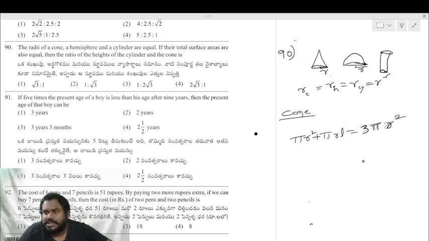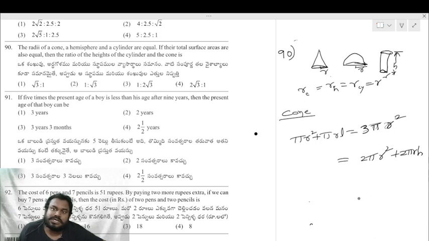And for cylinder it is 2 pi r square, bottom and top circle, plus 2 pi r h. I'm taking the height of the cylinder as h. So this is nothing but the total surface area of the cylinder: 2 pi r h plus 2 pi r square. So now I need to equate them. First, if I equate these two,